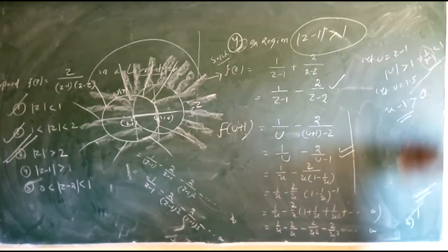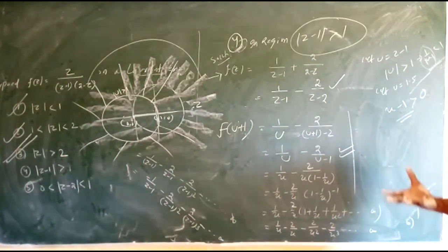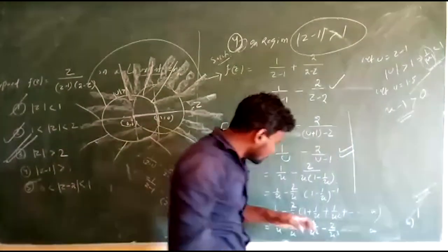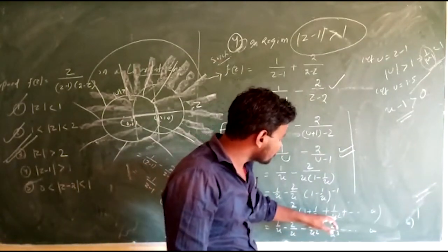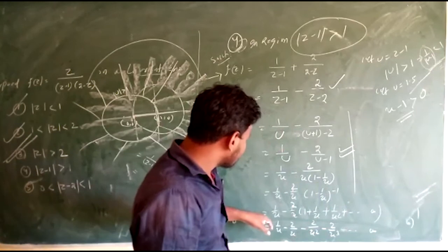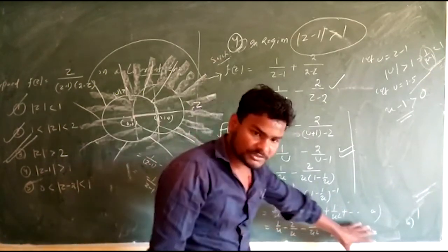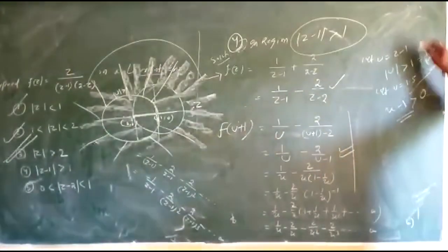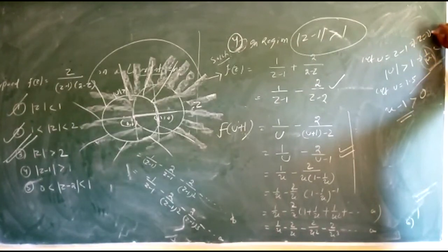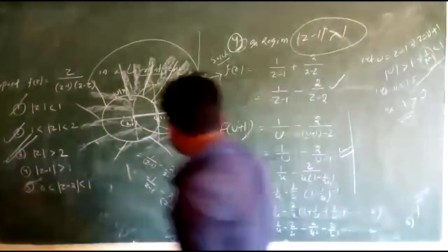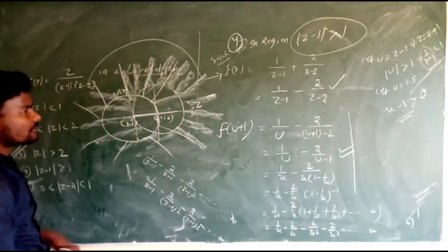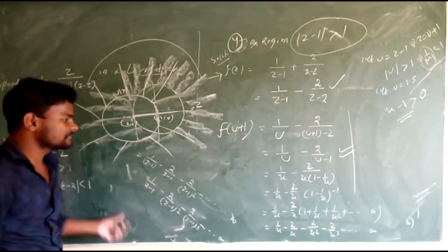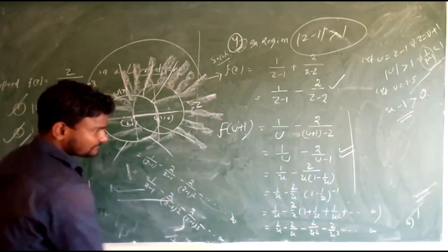If we expand this series as 1 by u squared, cubed, then to infinite terms, the series must be convergent. So this can be written 1 plus 1 by u square up to infinity. Then 1 by u minus 2 by u. This can be written by putting what is u? If u equal to z minus 1, what is it? Then by putting u equal to z minus 1, you find the series, which is the required Laurent series.